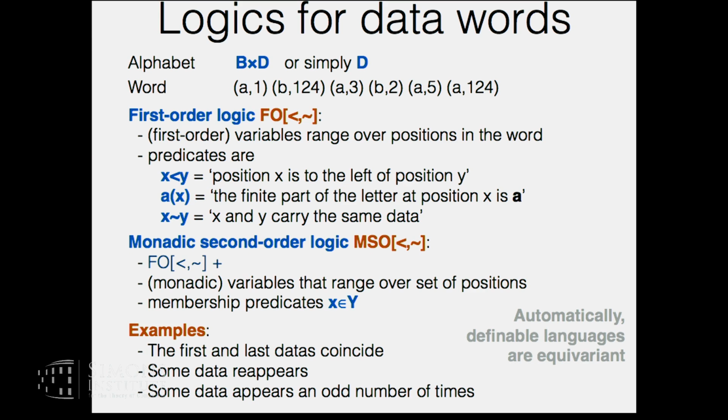One thing you have to remark in this definition is that because you never talk explicitly about a data value, you can only talk about what it is to carry the same data. You are invariant under permutation. If you apply a permutation of the names to every letter, if a formula holds before, it also holds after. So the objects that you construct are always equivariant.